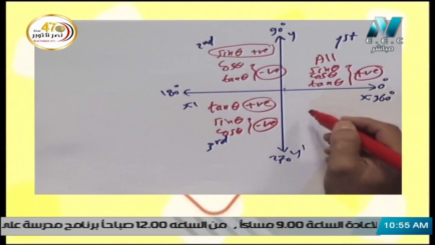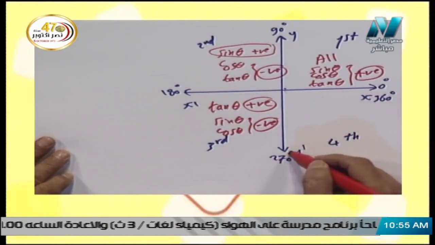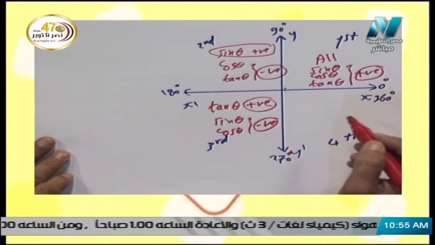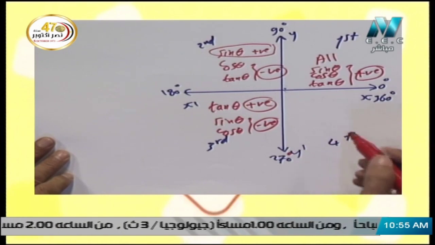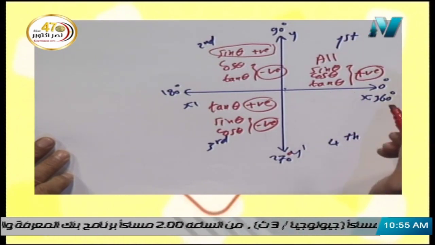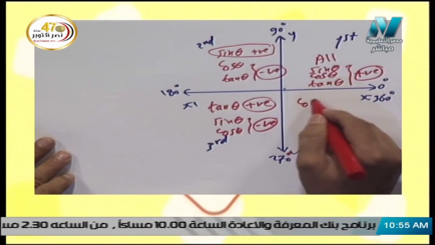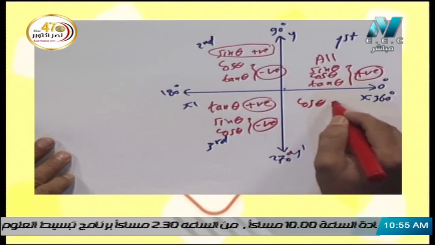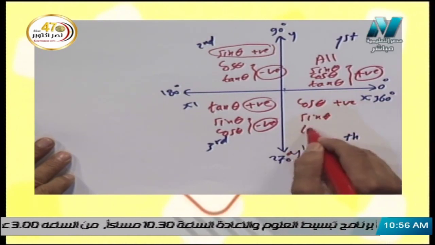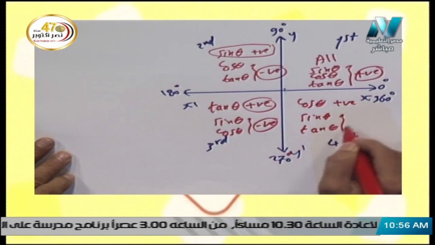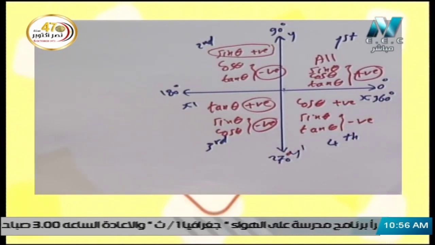Let's move to the fourth quadrant. Any angle between 270 degrees and 360 degrees lies in the fourth quadrant. In the fourth quadrant here, cosine is the only function that will be positive, but sine and tan will be negative. Okay,